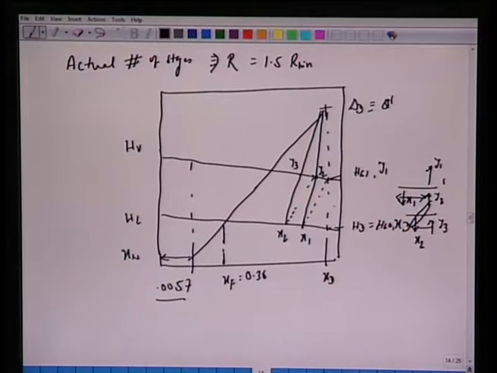So we march like this. Again, calculate this 1, 2, 3. We have this Y4. You will realize that first stage, second stage, third stage, and then we will have another fourth stage which will connect from here. After you take this tie line, this will cross your feed line. So essentially, after stage 4, we have the feed entry. So first stage, second stage, third stage, fourth stage. Every time you start from Y1, vapor is in equilibrium with X1, connect with this del D.